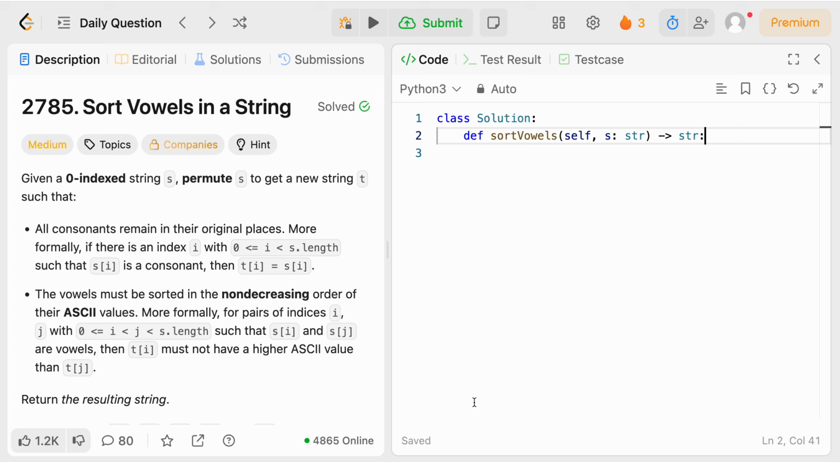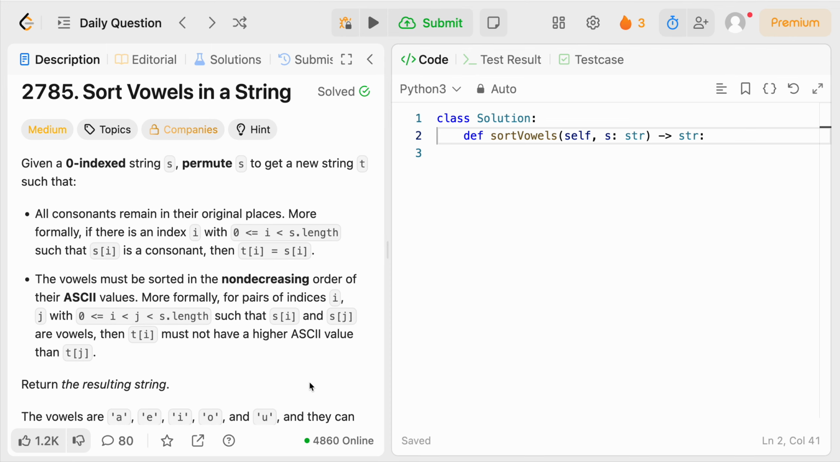Hey everyone, welcome back, and today let's solve Leetcode problem 2785 titled Sort Vowels in a String. So just to quickly summarize what the problem statement says, we're given a string S, and we have to permute S into a new string called T, such that all the consonants remain in their original indices, and the vowels are stored in non-decreasing order by their ASCII values and placed in those corresponding vowel positions or